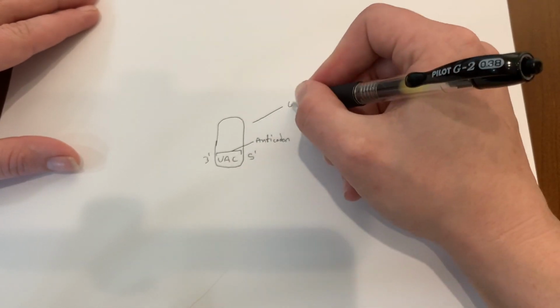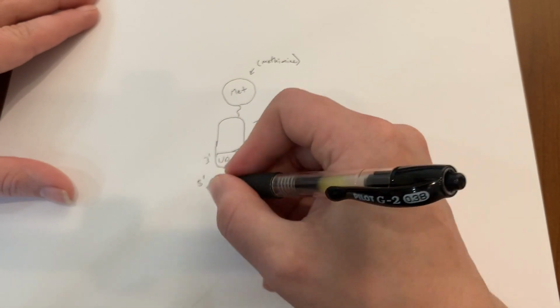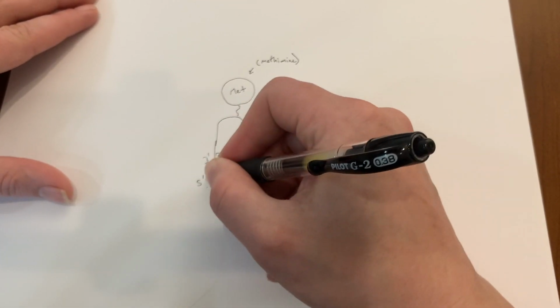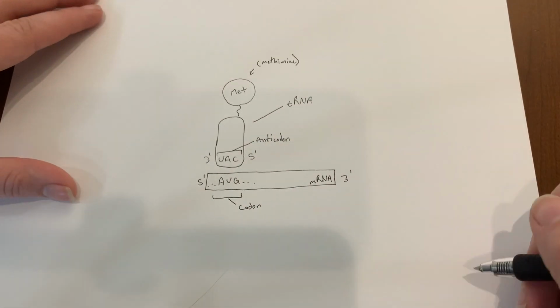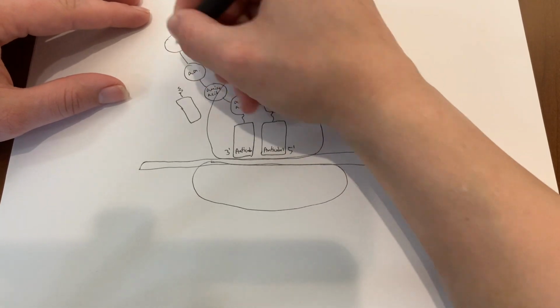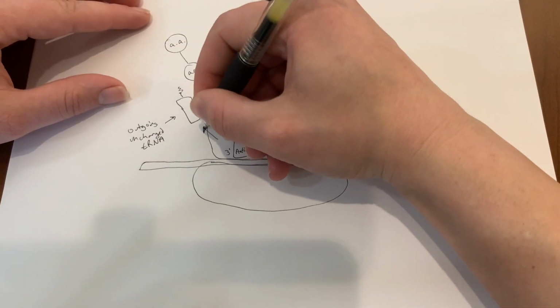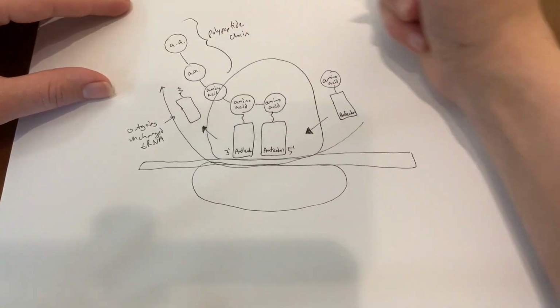initiating translation. The region upstream of the start codon is referred to as either the leader sequence or the 5' untranslated region. Each tRNA molecule holds both an amino acid and an anticodon. The anticodon will bind to the mRNA sequence, and the complementary amino acid will be released from the tRNA molecule and bound to the polypeptide chain in the larger subunit.